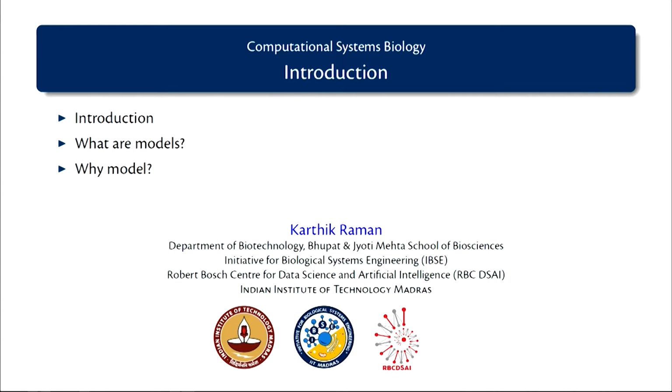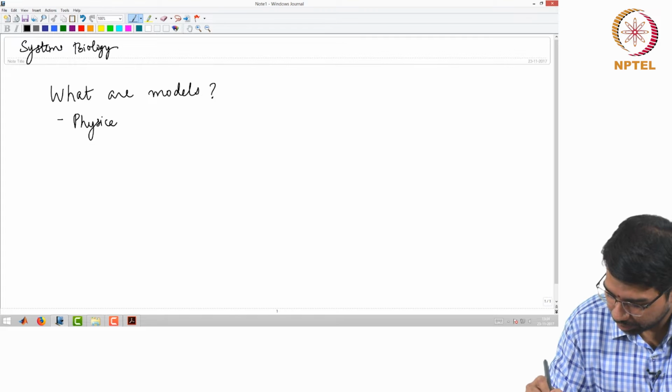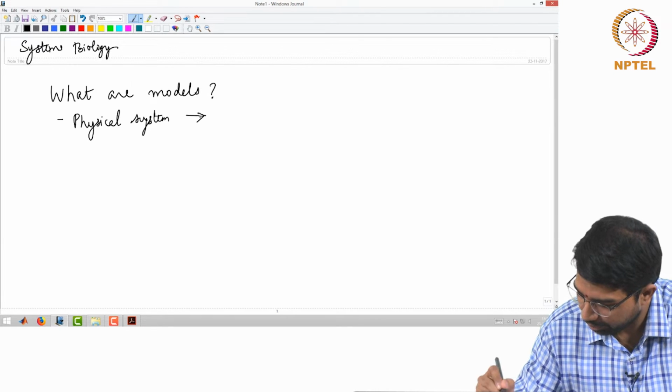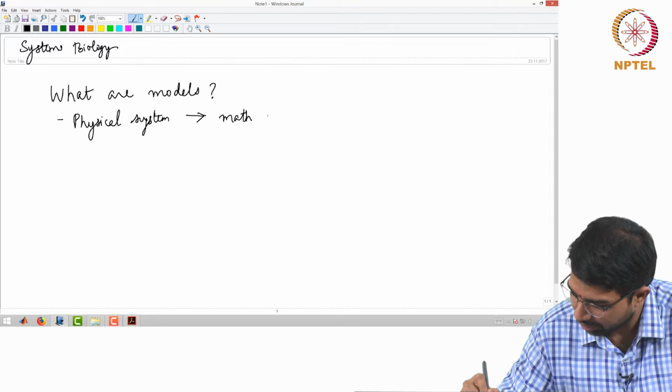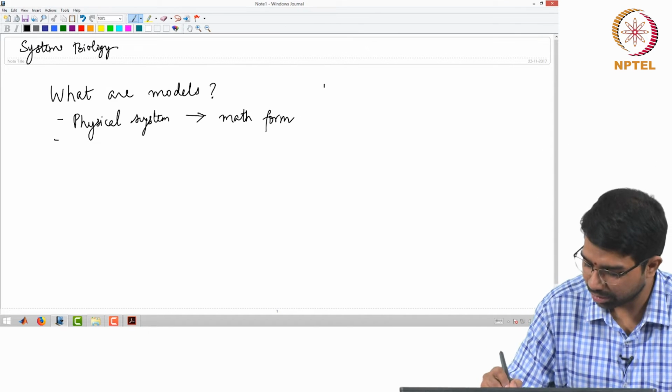Today I will introduce you to the field of computational systems biology and modeling in particular. So we will look at what is a model, why do we model, right. We will have an interesting discussion about what are all the things we need to model, what are all the reasons why we model, and so on. They need to make predictions and so on and so forth. So a physical system to some math form. Okay. So that comes to the question of